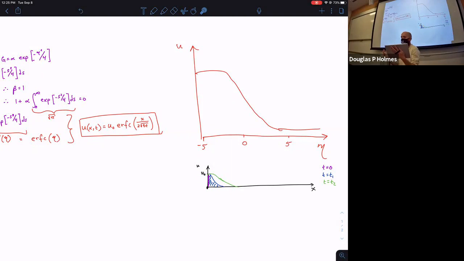Right now I'm plotting u as a function of x, but for different t's. Instead of doing that, I can rescale my plot and combine space and time together. And then all of these lines would either get stretched or compressed and fall on that one complementary error function